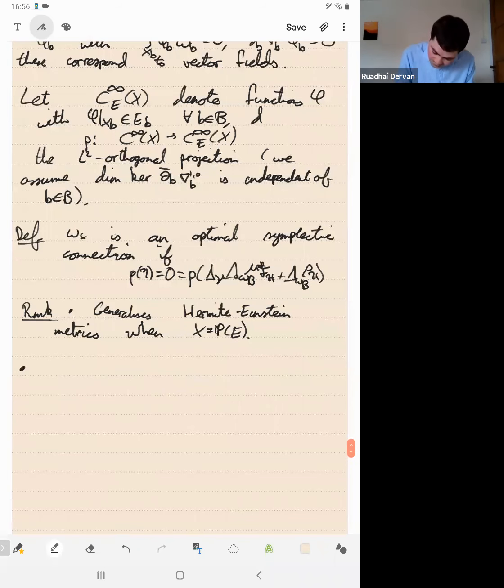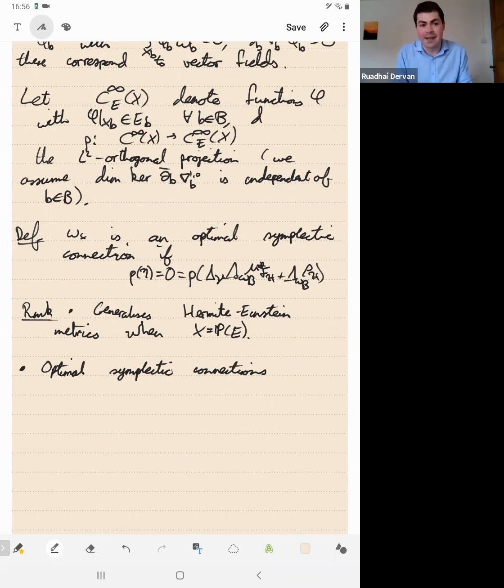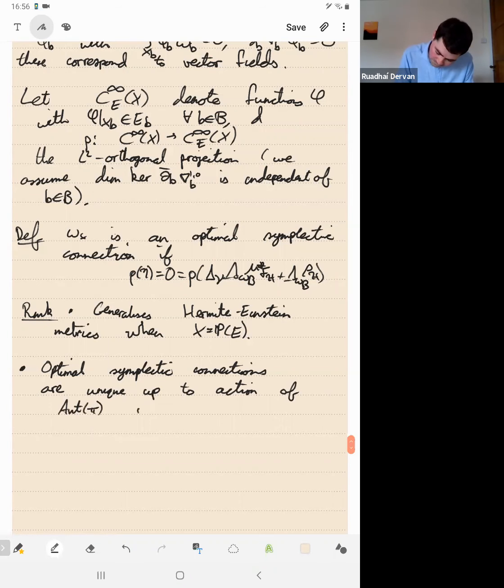The second thing to note, which I think is maybe a clearer justification, which is a theorem rather than just a short remark, is that optimal symplectic connections are unique when they exist. So if you have a fibration where the fibers have constant scalar curvature metrics and the fibers have large automorphism group, relatively CSCK metrics aren't unique whatsoever. This is an additional PDE that gives you uniqueness. So these are unique up to the action of the automorphism group of the fibration, when they exist.